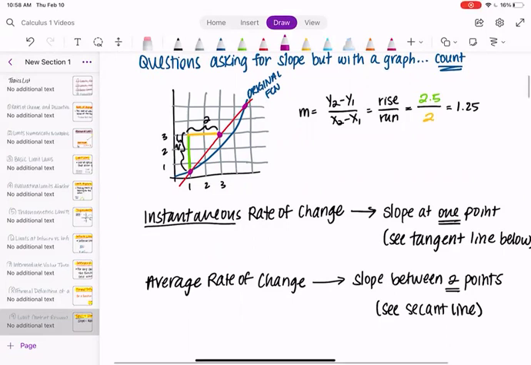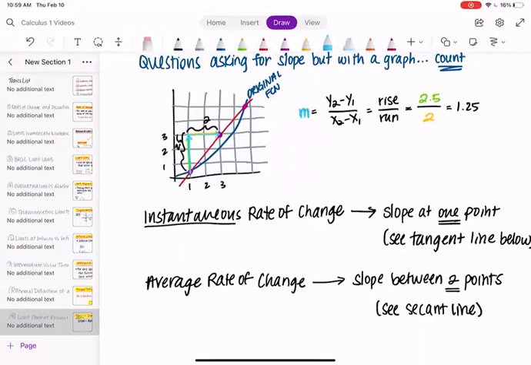So what I'm going to do is I'm going to say I know that m is the y change over the x change, or the rise of the line over the run, right? So I know I have to go from this point up to here vertically, right? So I know that that ended up being about 2.5. So that's where this number came from. And then I know that my run, I'm going to have to go across from where I was over to